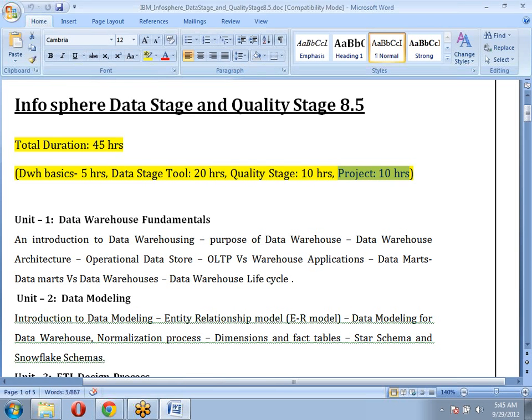Once we complete the tool level, then we'll go for the project. In this project, what are the things we are going to cover, and what kind of major roles will we have at the project level? You may apply for a developer or administrator level, or a QualityStage developer level, or an Information Analyzer level, or Metadata Workbench. What is the project role you are applying for? Depending on that role, your position and your work will change. Those kinds of information we are also going to discuss for at least a minimum of 10 hours, and maximum up to 15 hours.